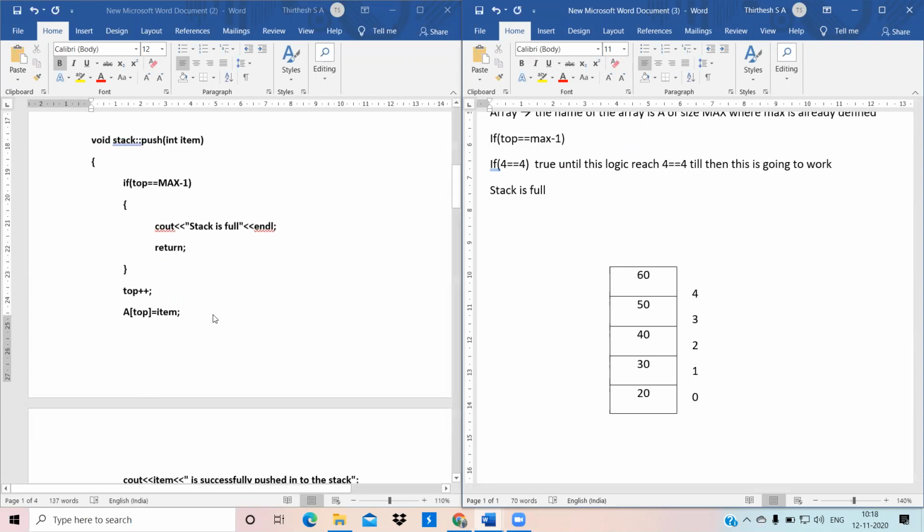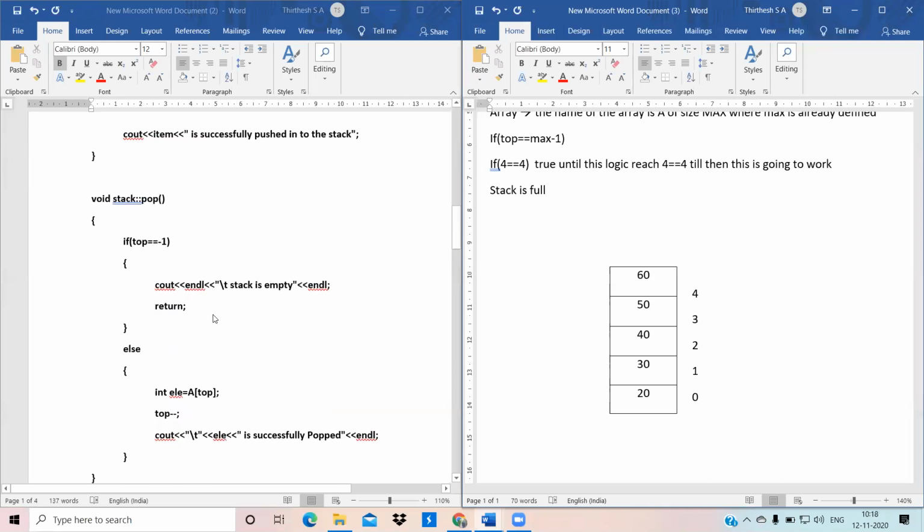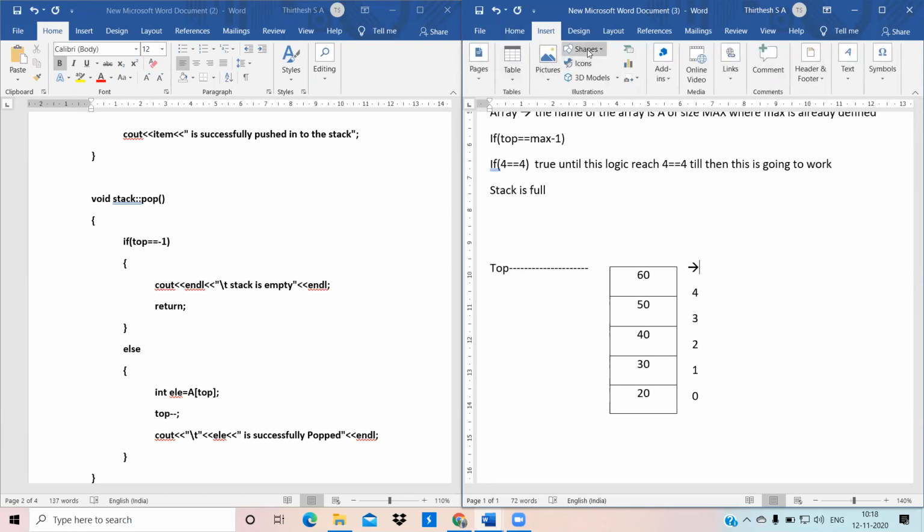Okay, now we are going to work on the pop operation. Pop is the opposite of push, which means that here we are going to remove the last element from the top. Always remember your top will be here.